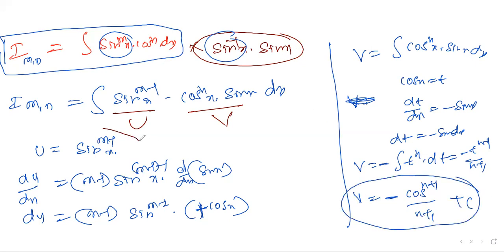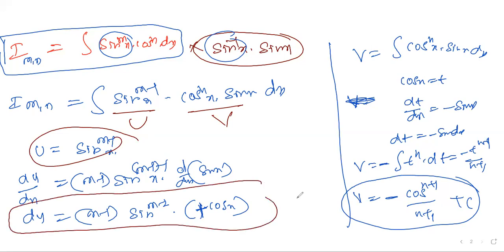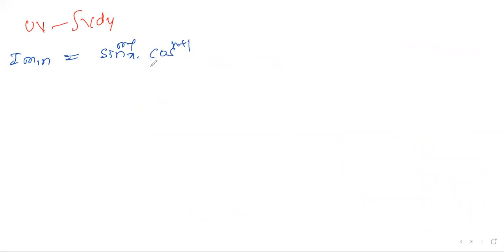Now we are happy. You have the value of u, the value of du, and the value of v. Let us go for step number three: start applying the UV formula, UV minus the integration of v du. Now let us write I(m, n) is equal to UV. What's the value of u? sin^(m-1) x. What's the value of v you got? Minus cos^(n+1) x by (n+1), minus the integration of v du. V means the same minus, so minus into minus becomes plus, cos^(n+1) x by (n+1).